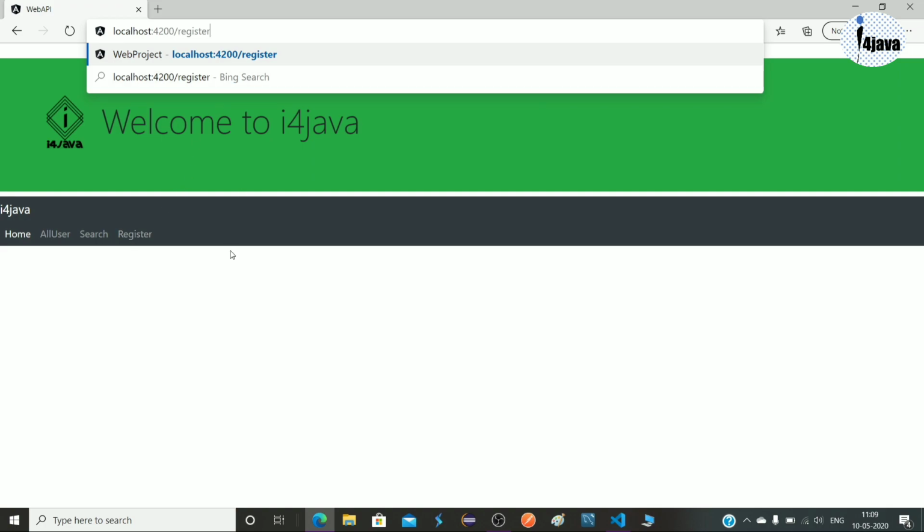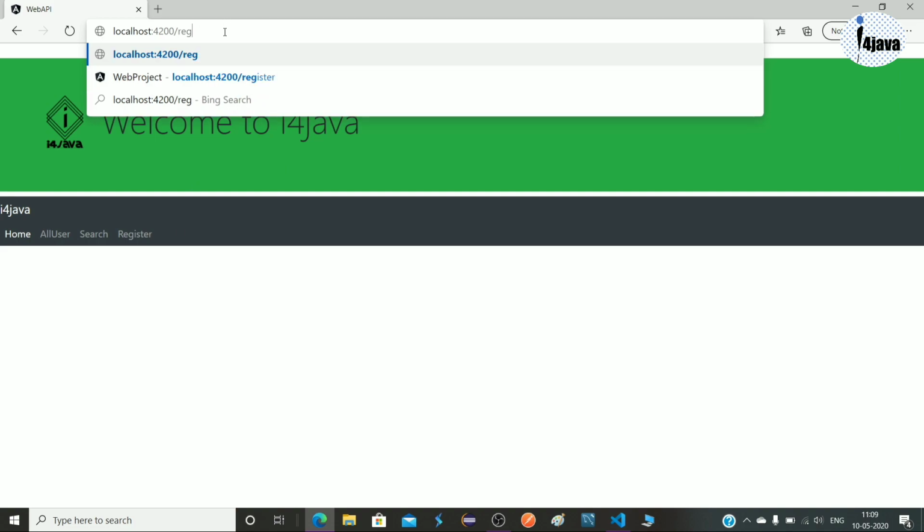So changing the component, rendering the component by hitting a URL here, is called routing. Whatever URL you give, according to that the component will be rendered. This is called routing. So we have to develop this functionality.